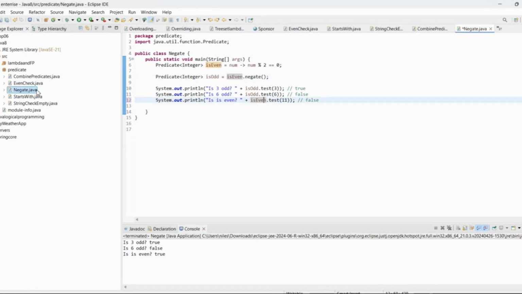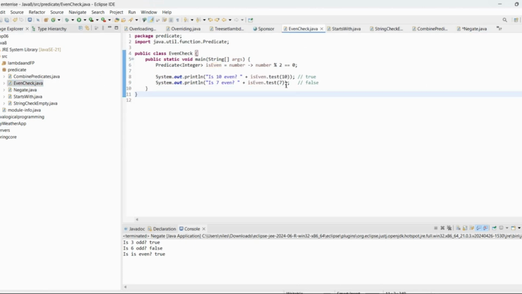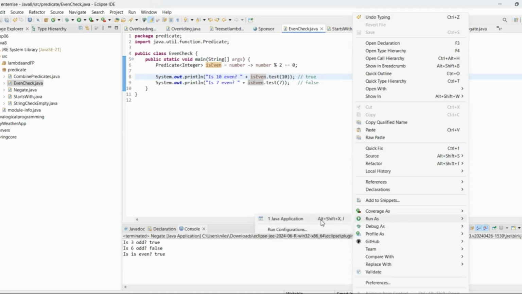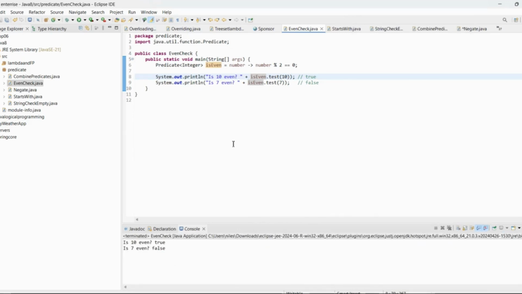Now let me show you the negate example. This is the negate example. Now let me show you the even example. Just the even example. Here we can see, running this example, is 10 odd? Yes, true. And then is 7 even? No, right? It's false. Again, if I check the starts with example,